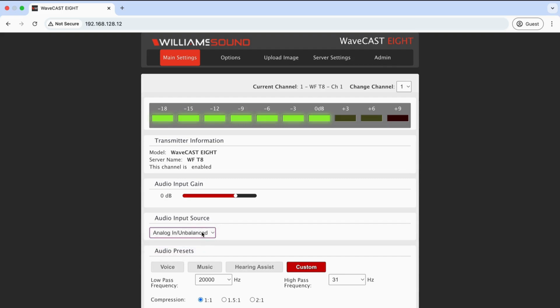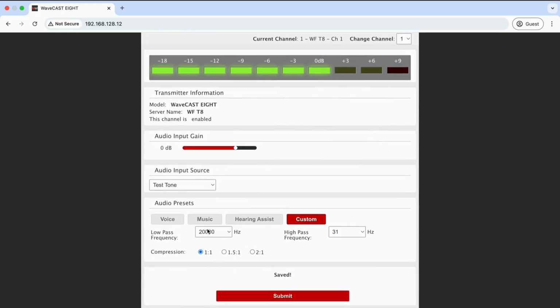Next, you'll encounter the predefined equalizer audio presets, which offers choices such as voice, music, hearing assistance, or a custom option featuring low-pass and high-pass filters, with the possibility to apply compression as necessary. We generally advise conducting most of your audio sculpting through an external DSP or mixer. Bearing this in mind, I recommend using the custom setting, with the low-pass filter at 20 kHz and the high-pass filter